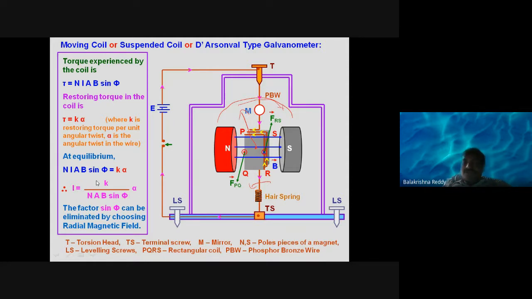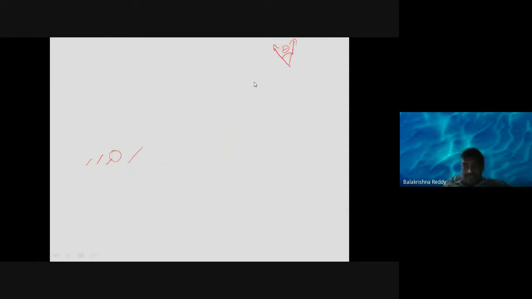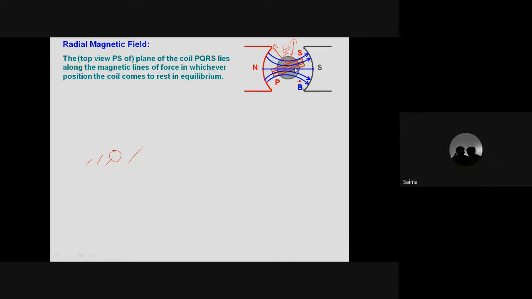Okay. The more the current flows, the more the angular twist takes place. Remember, it means more deflection you will find in the meter. Right? Look here. This is the actual view from vertically. Just now you have seen the horizontal view from the side. When you are seeing a galvanometer, it appears like this, or a meter. The vertical view is in the next slide, you can see this. Are you looking here? Yes, sir.